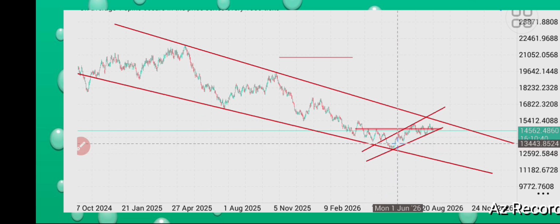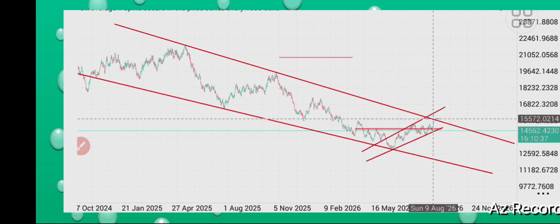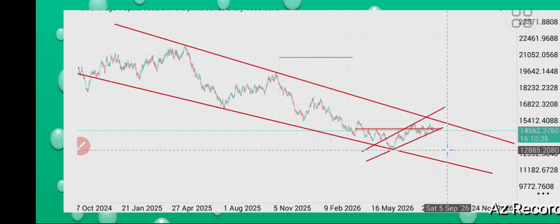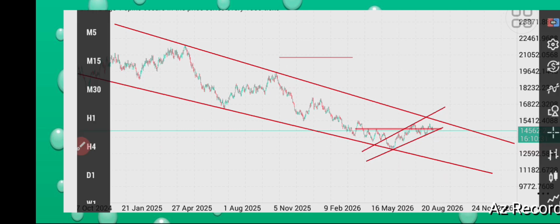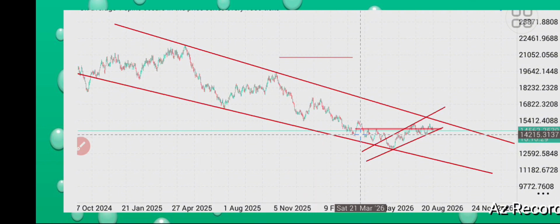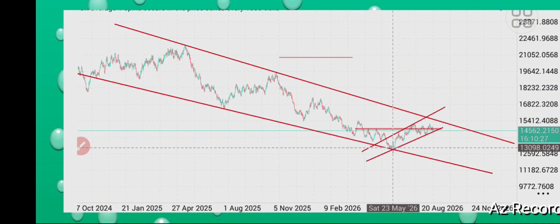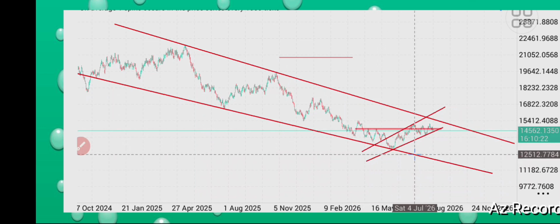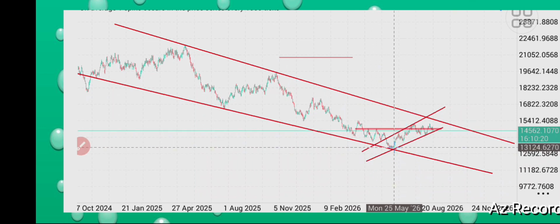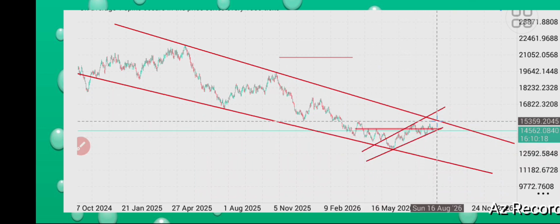So from here, you just wait for the market to touch this trend line so that you can continue selling further down. So from here, for you to know whether the market will be ranging or whether the market is reversing, you can consider this pattern that is here. So from here we expect the market to be ranging until it touches this trend line,